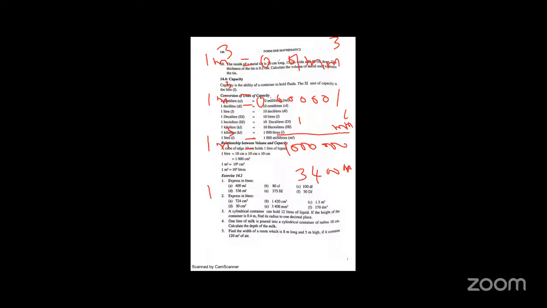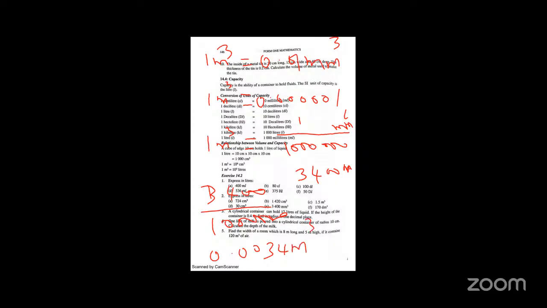When you have that one, you divide 3,400 by a million, the zeros cancel, and you have your answer as 0.0034